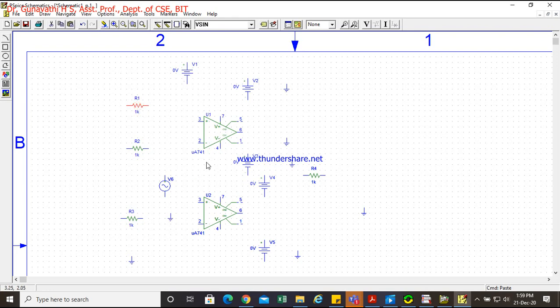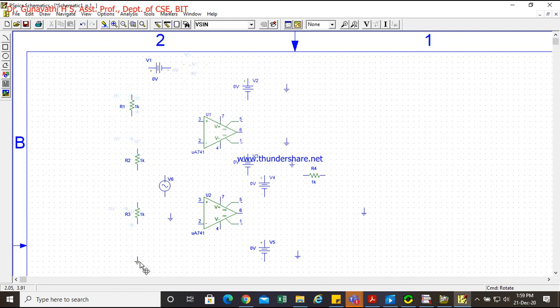So now we'll just rotate the components. Control R. So this again rotate it. So the positive terminal has to be connected.